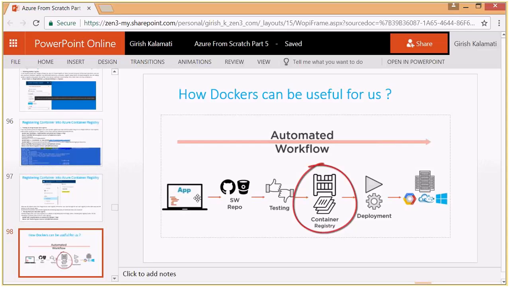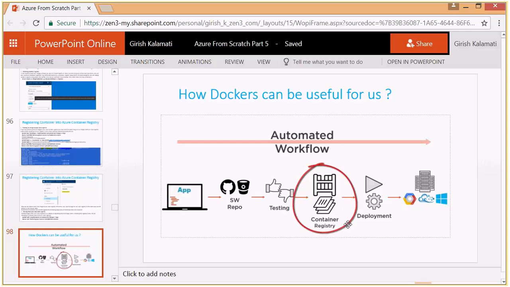Once your developer builds your application, he posts it onto any of the repos, like Bitbucket or GitHub, or VSTS itself. After you carry out the testing, your image gets registered with a container registry, any of the container registry